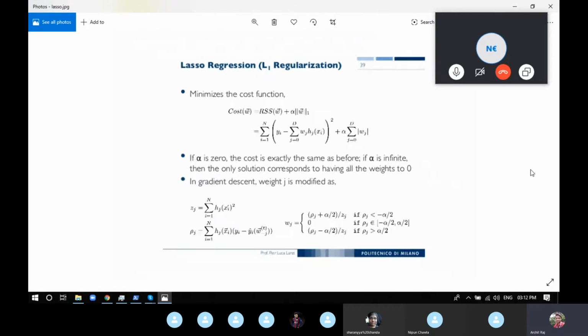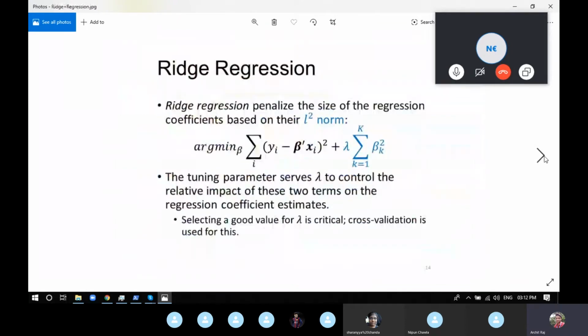What you do in ridge is the same thing. Here it's been represented as beta. It's still the same thing: the coefficients m1, m2, and m3, we add them. But before adding, we square the coefficients. So we take m1, m2, m3, square them, and then add them.